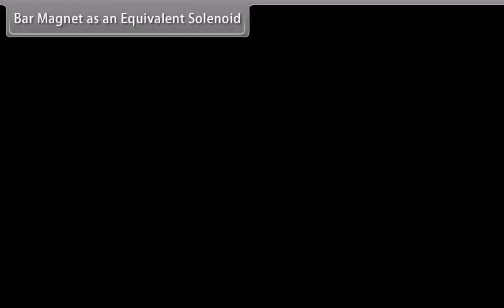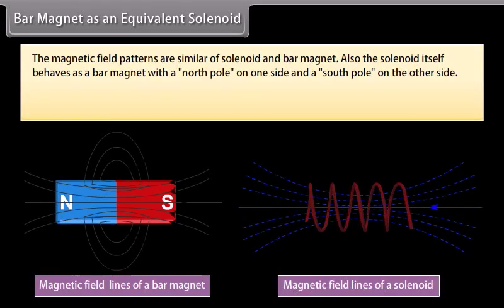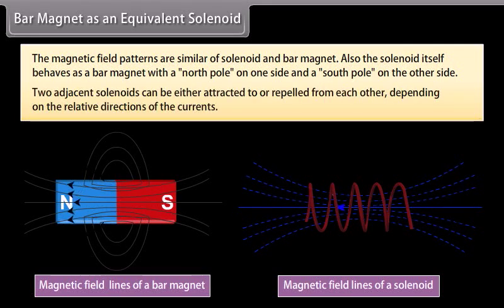Bar magnet as an equivalent solenoid. The magnetic field patterns of a solenoid and a bar magnet are similar. Also, the solenoid itself behaves as a bar magnet with the North Pole on one side and the South Pole on the other side. Two adjacent solenoids can be either attracted to or repelled from each other, depending on the relative